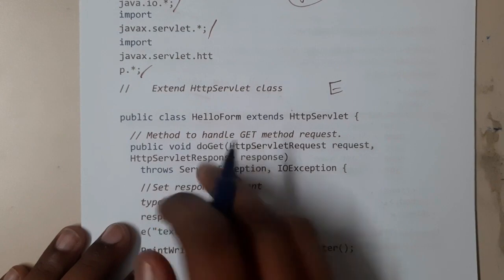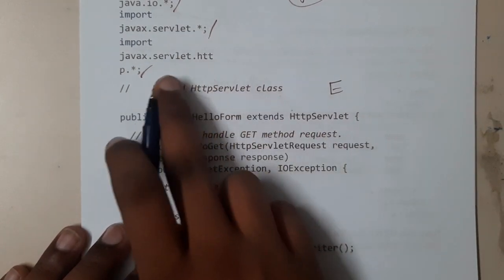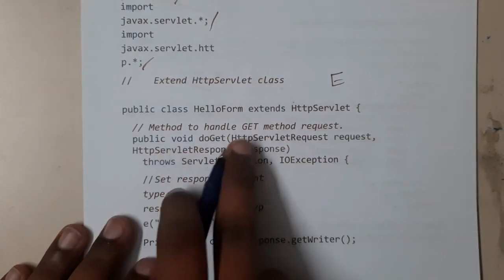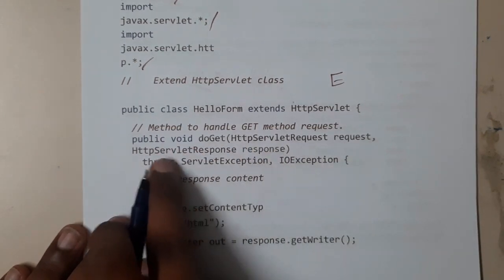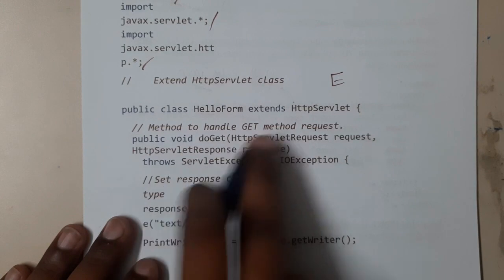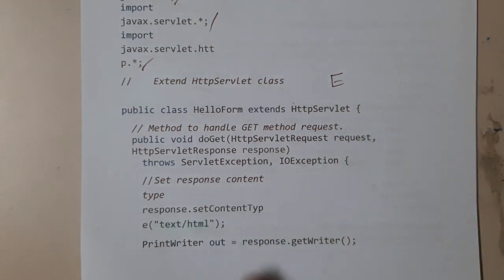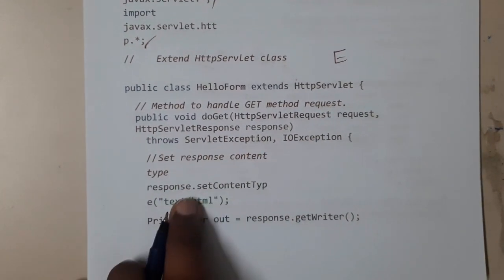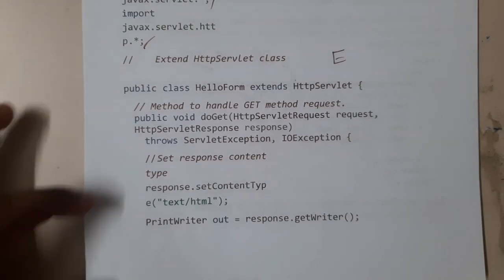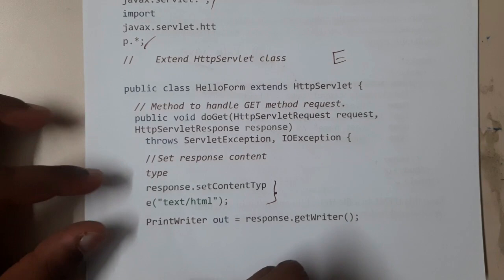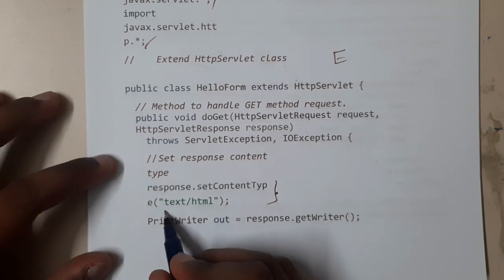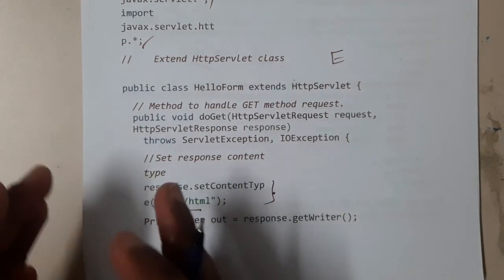Public class hello extends HttpServlet. So we are using HttpServlet. Here we will be using the get method, that is public void doGet with HttpServletRequest and HttpServletResponse. I did discuss these formats. If there is any exception, you are throwing it. From here it is important, you need to understand. Initially you are specifying the content type, that is, what content it is having, which is HTML text in the format of HTML.